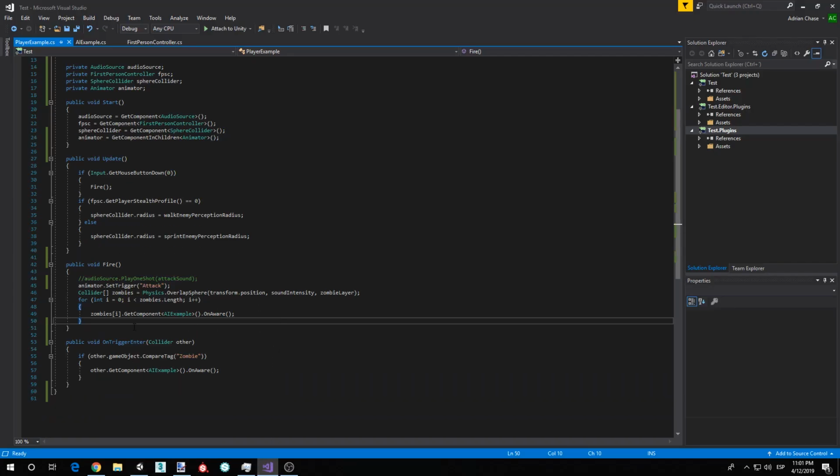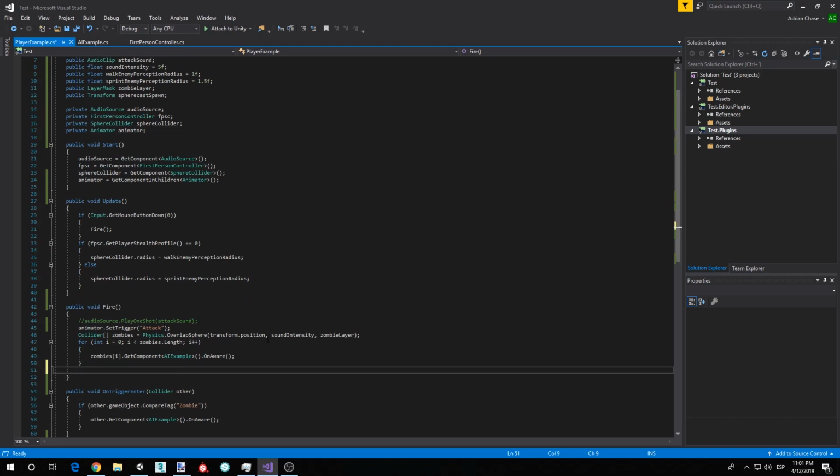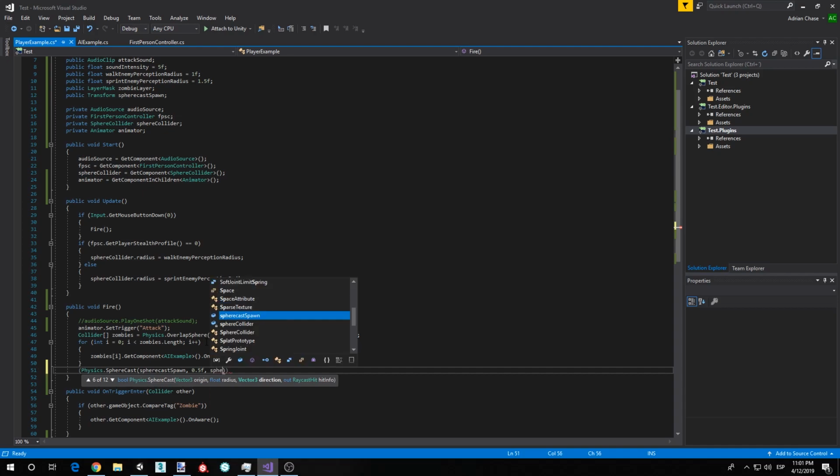So we're going to want to create our Physics.SphereCast function. Basically this creates our spherecast, and there are various overloads. We're going to use this one: Vector3 origin, float radius, Vector3 direction. So the origin is going to be our spherecast spawn, right? Our radius, let's try 0.5f. Our direction would be spherecast spawn transform direction,